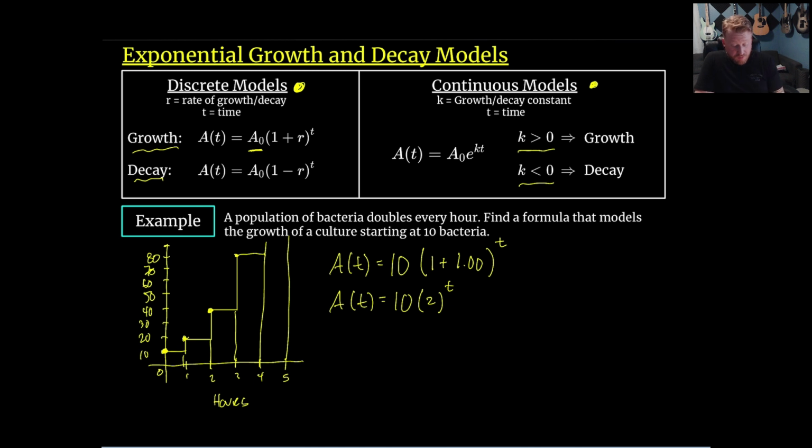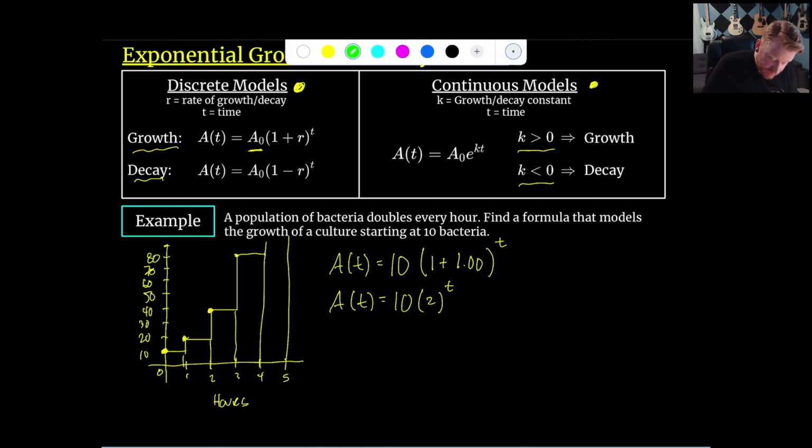And hopefully this makes some sense, because if things are doubling, then 2 to the t is the doubling function for time t. And then we have our starting amount here. So hopefully this is connecting some dots and seeing that this is actually something we've looked at before. And this is a formula that we could use. Now, like I was starting to say, there are some